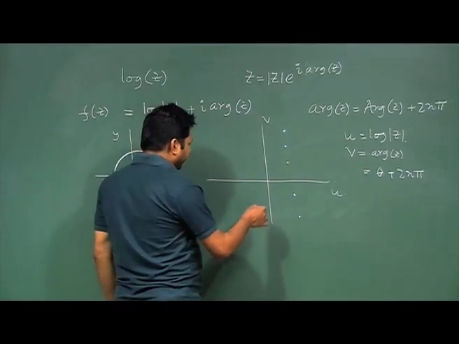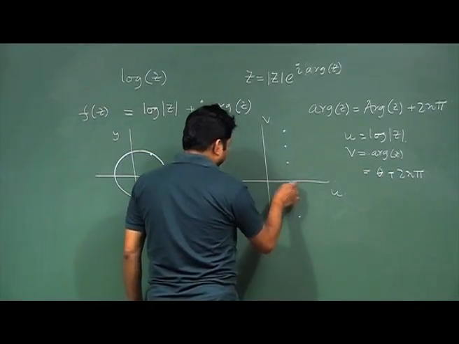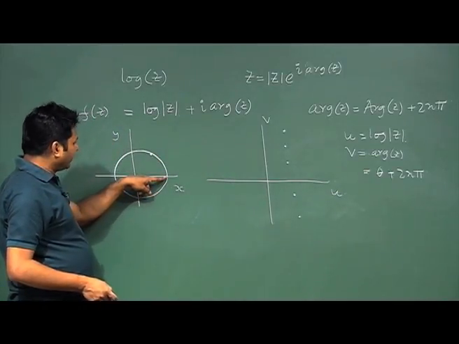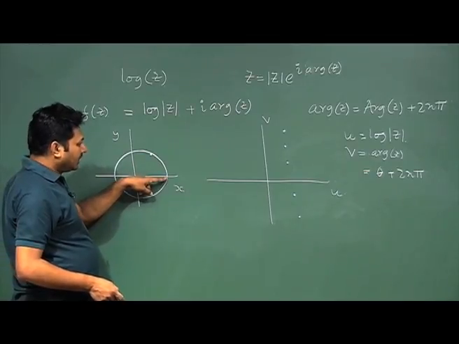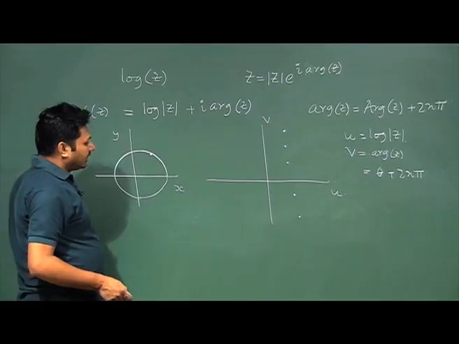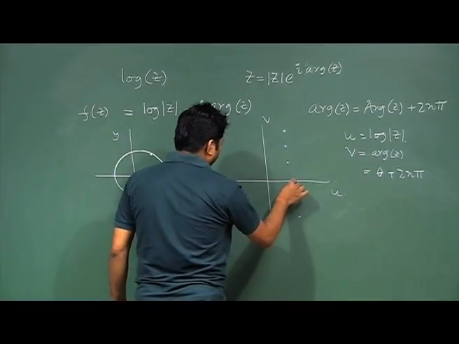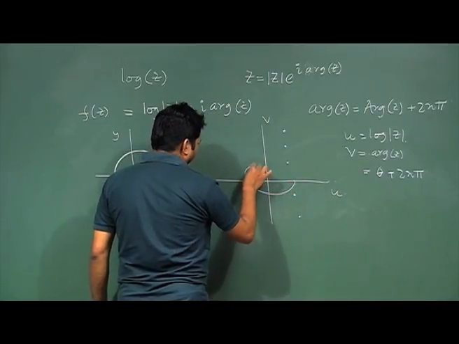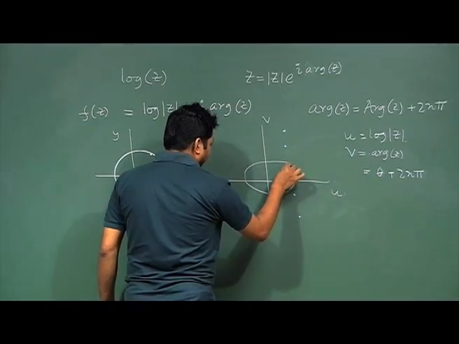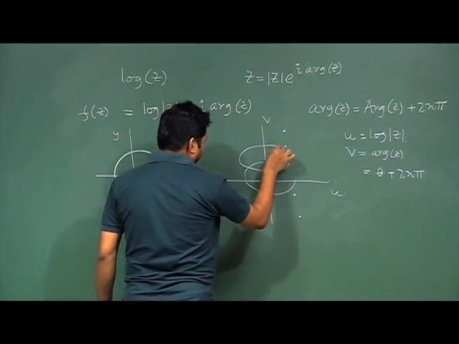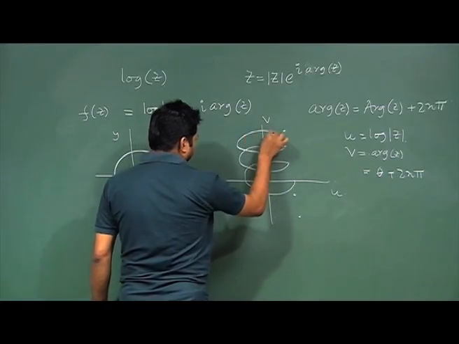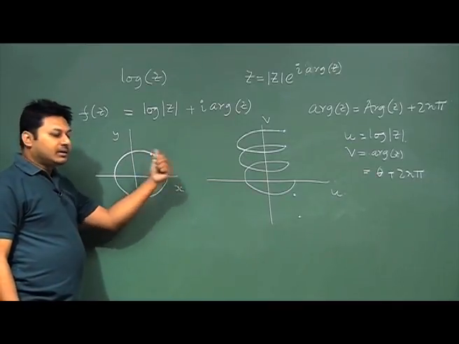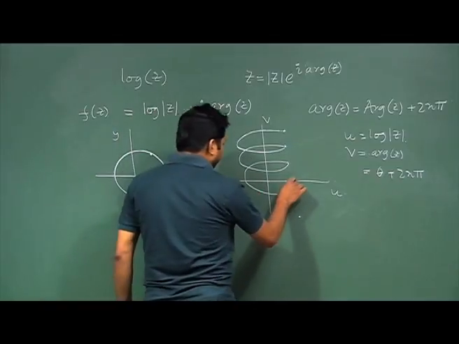So, now when I start from here, x equal to that point and y equal to 0, that means I am having somewhere here, and now I am rotating. So, when I am rotating, I will go back to this point, then again I go back to this point, again I go back to this point, and so on. That means, with the rotation I am rotating in such a way that I am having the same point,